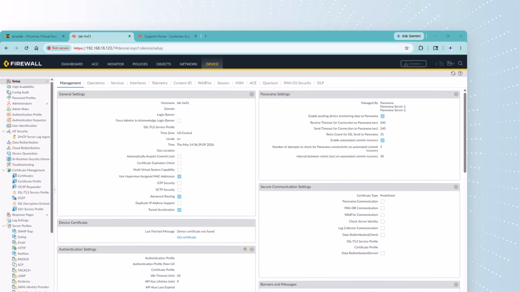Hello, I want to do a real quick video on the device certificate. So in my initial configuration video where I went through the management and doing updates, I forgot to do the device certificate. So the device certificate on the device tab under setup is used for securing the device connectivity